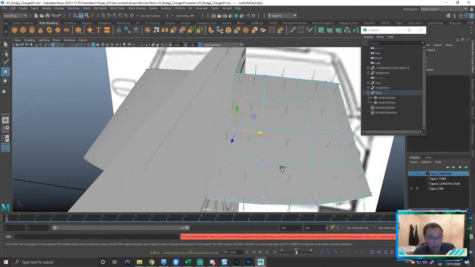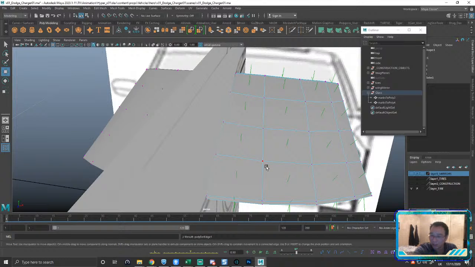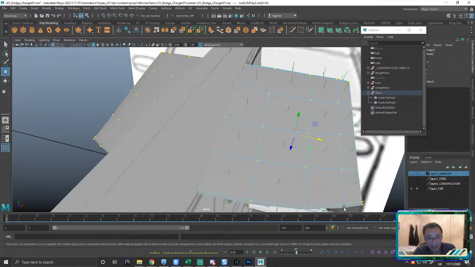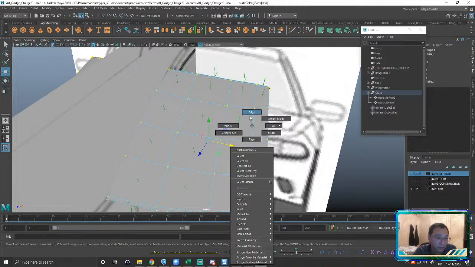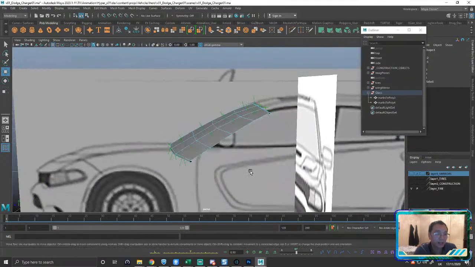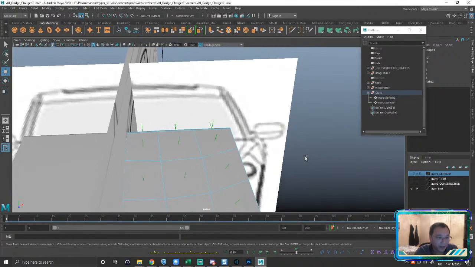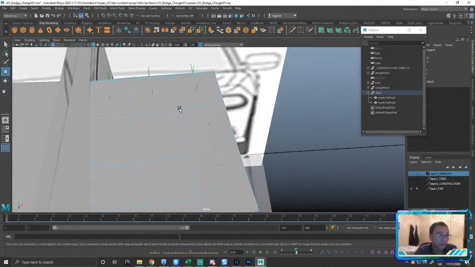So never just select an edge loop and hit delete. Go shift, right click, delete edge. It'll make a clean deletion and it'll get rid of anything for you. So I can come over here, right click, go into edge mode, and then shift, right click, delete edge. Nice and clean. Now I've got polygons that are a little bit more evenly spaced and I've got fewer vertices to push and pull around. Because remember, we can always add more edge loops if we need to.